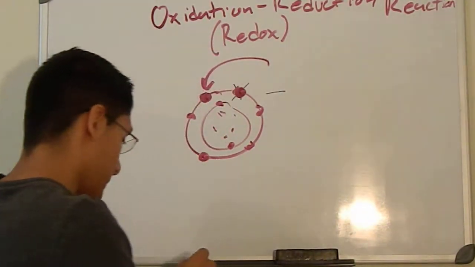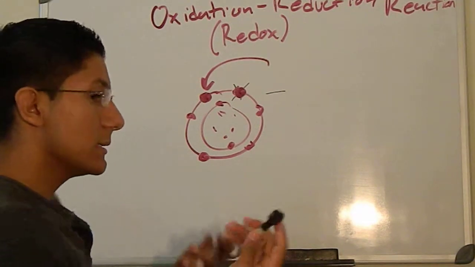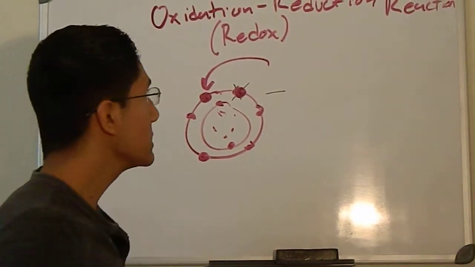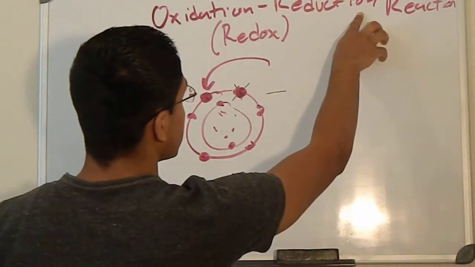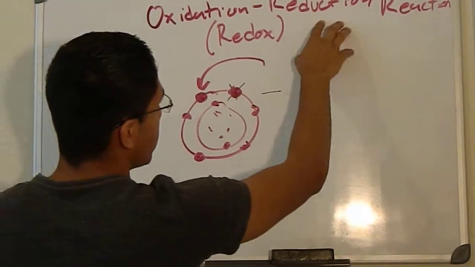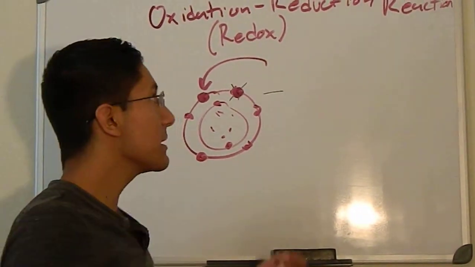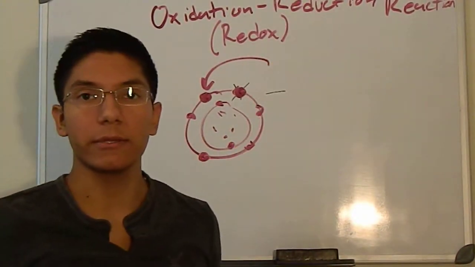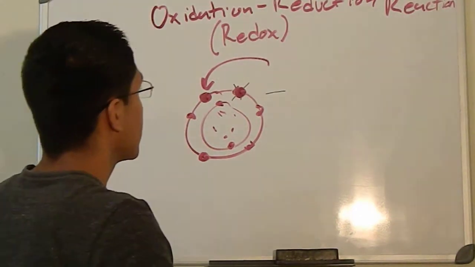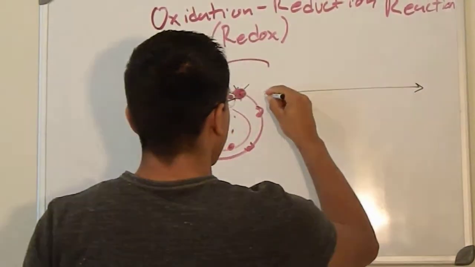So this is kind of counterintuitive because it says reducing, but it's gaining, right? Because it gained an electron, but it's called reducing. That's kind of opposite, you could say. So there are different ways to memorize this. Maybe remember that it's the opposite, or one way that my teacher actually likes is this: